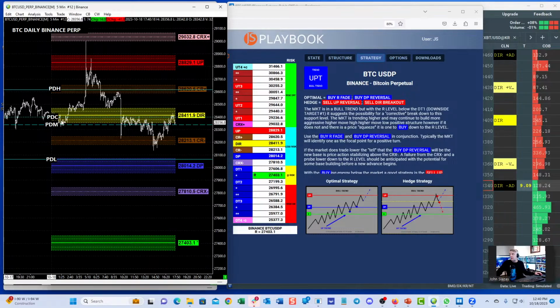It stabilizes above the midpoint. We're winding up here. It's getting ready to make a move. It's either going to break, we're going to have a corrective trade, make a play for the R level, or it's going to shift positive and we're going to have a play for the upside pivot. So here we get clarity.